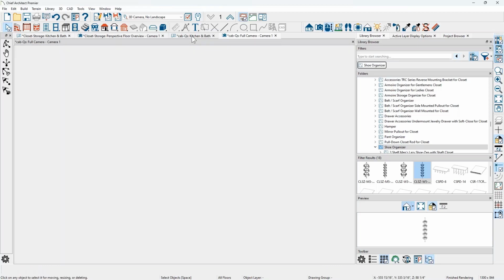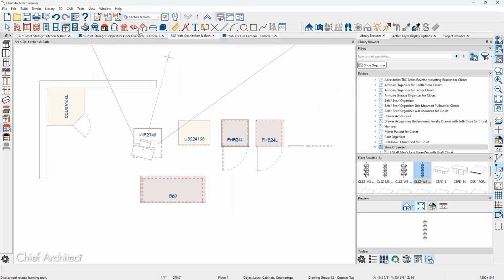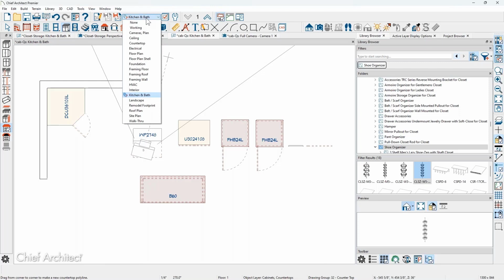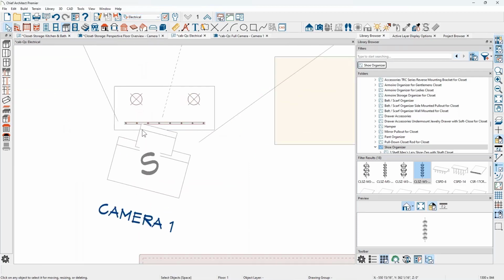And when I'm working on electrical, right now I'm in a saved plan view. For those of you that are Chief Architect customers, you probably are familiar with saved plan views. I have one specifically for electrical, right? So when I switch that over to electrical and we zoom into that cabinet, you can see that I have